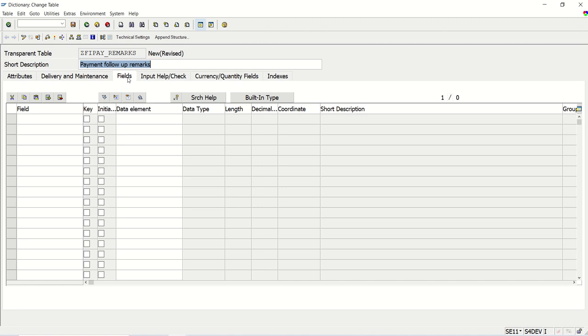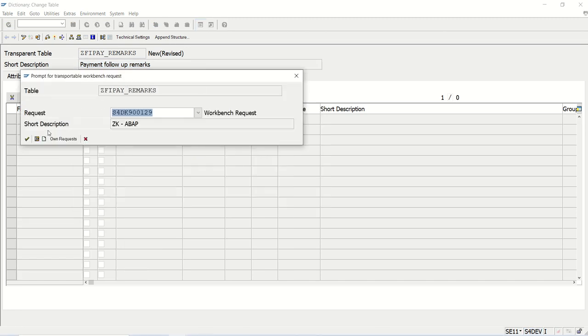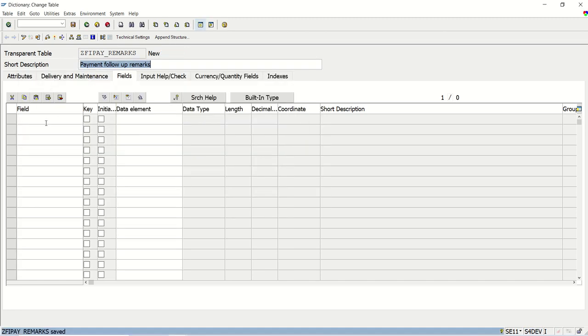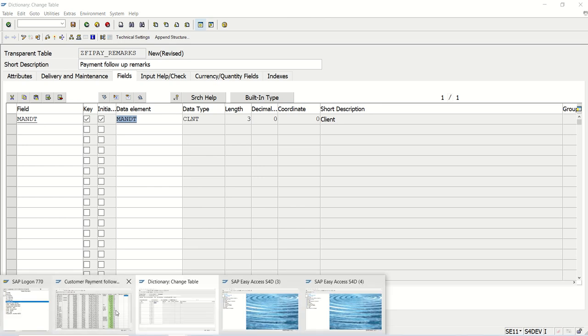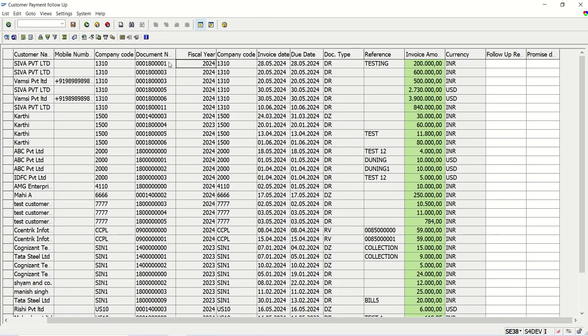Go to fields, just save it in a TR. Table creation we already learned. The first field will be MANDT. Now in BSID, the finance document, as I explained, the key fields are document number, fiscal year, and company code. It is BUKRS, BELNR, and GJAHR: company code, document number, and fiscal year. In BSID, a line item is also there, but we will store the data based on this document number. Here we can see there are two records